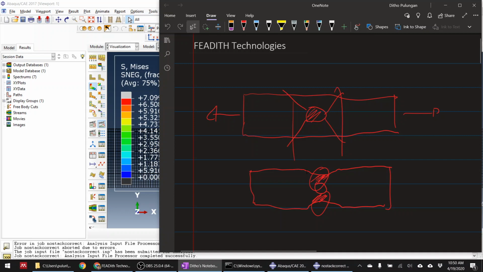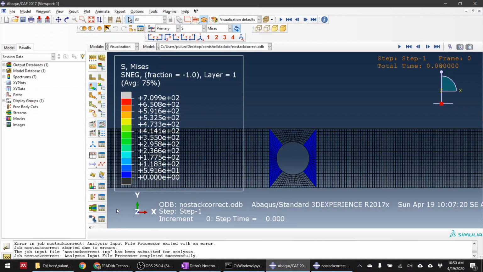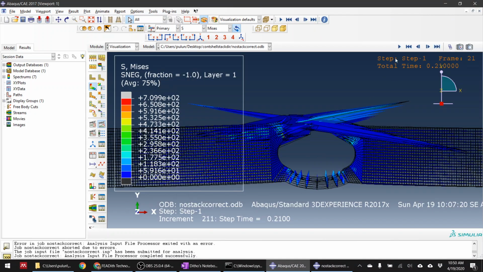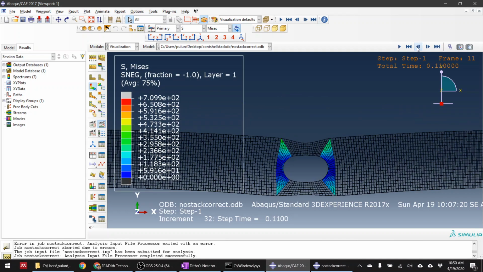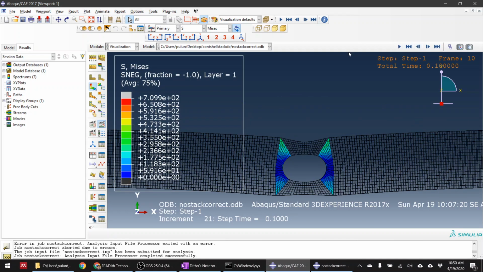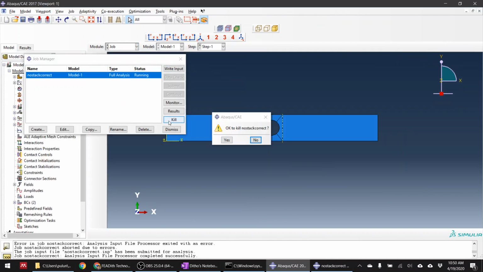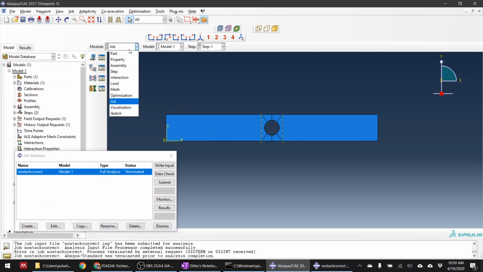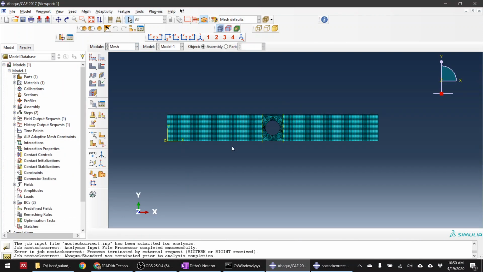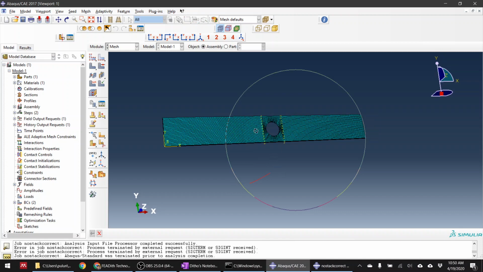I think, yeah, I expect something like this, but now it's getting strange. Yeah, it's getting strange like this. That's why we need to fix it. So let's just kill the current simulations and then fix the stacking orientations. We need to go back to the mesh, and then